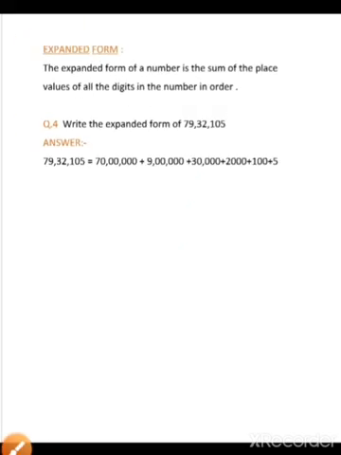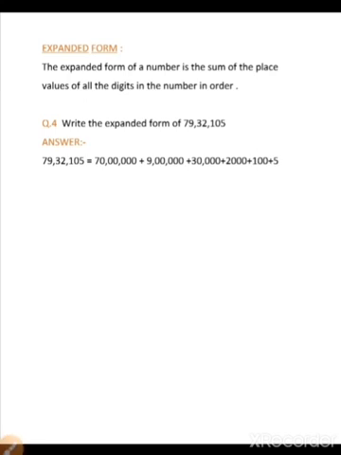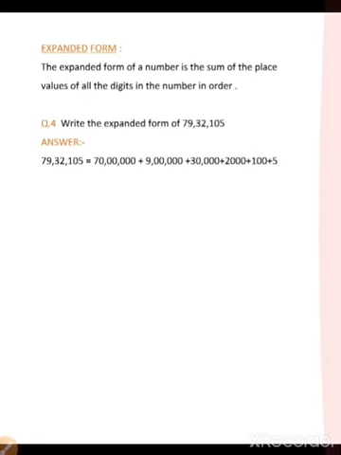Okay, so actually what is the expanded form? It is the sum of the place values of all the digits. You can see here place value of 7 is 70 lakh. So we have written 70 lakh plus the next digit is 9. 9 is at lakhs place and its place value is 9 lakhs. So we have written 9 lakhs